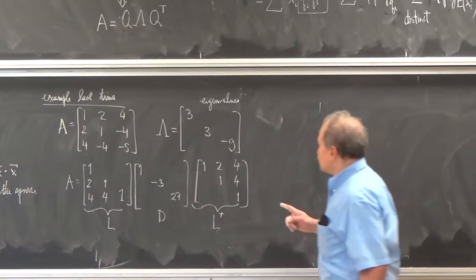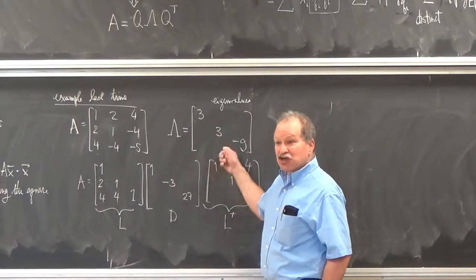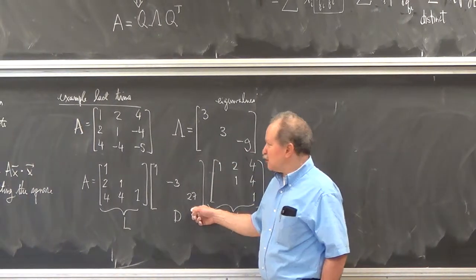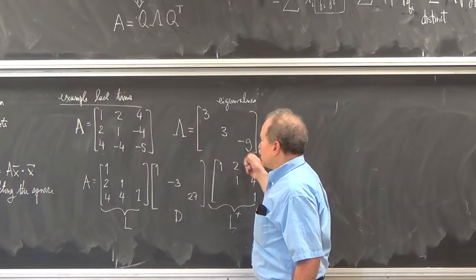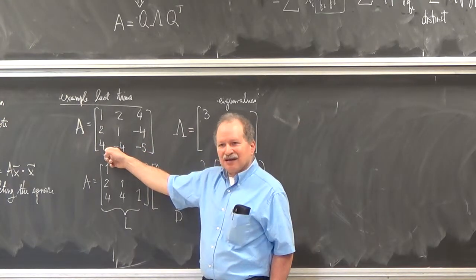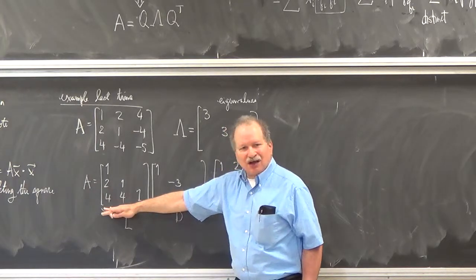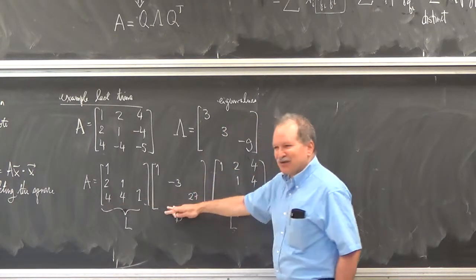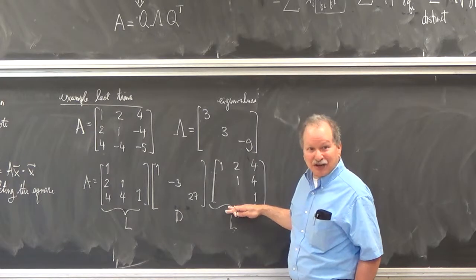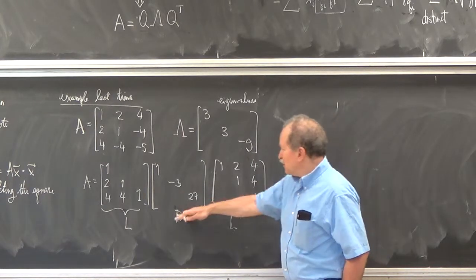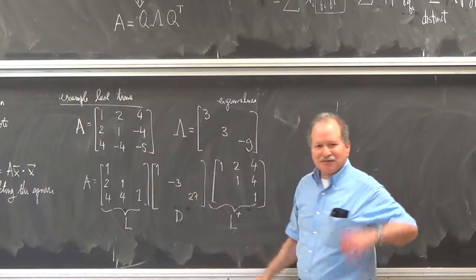But all right, so Reese is observing the determinants match. Well, that had to, because the product of these guys is the determinant of A. And if you compute the determinant of A from this, you get the determinant of L, which is 1, times the determinant of D, times the determinant of L transpose, which again is 1. So the product had to be the product.